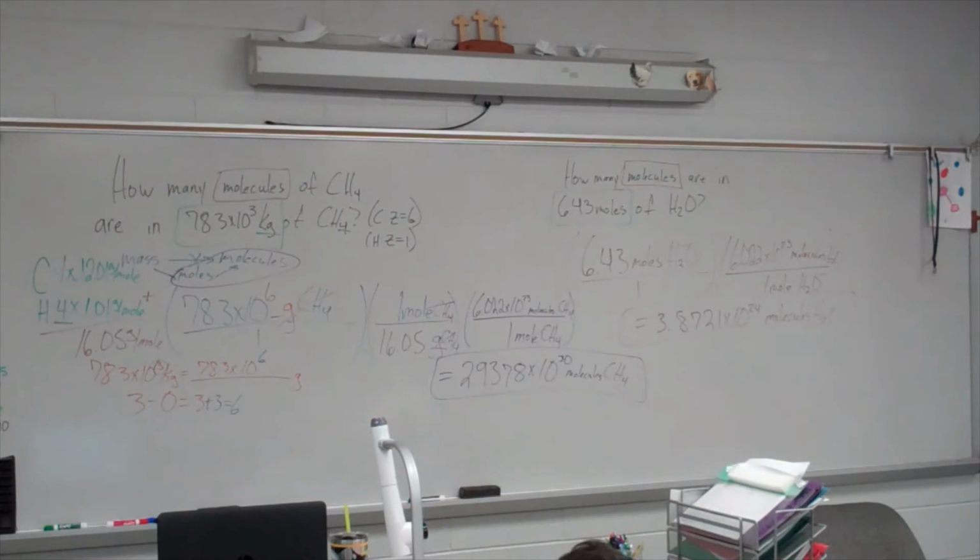78.3. Now, that's times 10, so I go second. On the calculator, you see that E? The E takes place of times 10. So now you just type in the number. That end of it is in the parentheses. So now that one's taken care of. It's in the bottom, so I'll divide. I got it. 6.02 in parentheses. And I'm going to multiply, and you type that one, just do times.